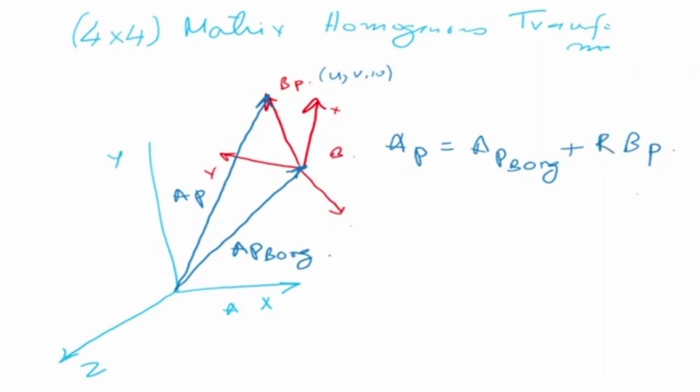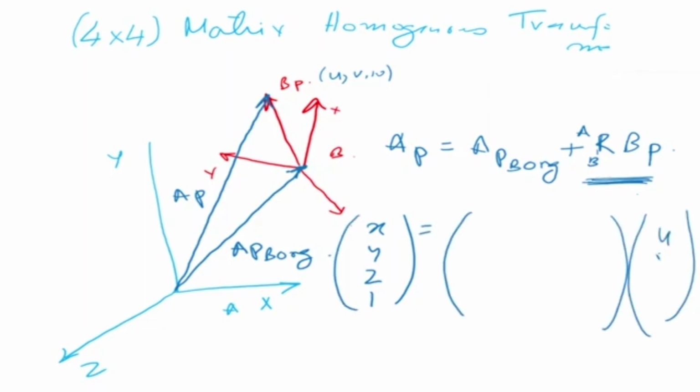And how do we do that? We can put a rotation matrix there, ARB, which is the rotation of B with respect to A, and multiply that with BP. Okay, so now what this part will do is it will align the axes of B along with A. Okay, so now if I write this in matrix form, it is going to become X, Y, Z, 1 is equal to,